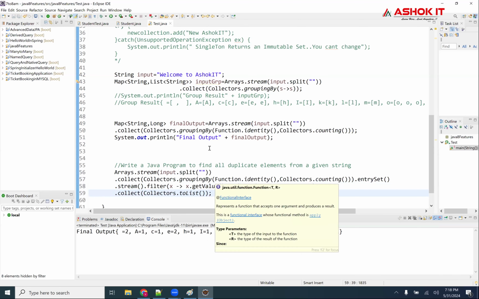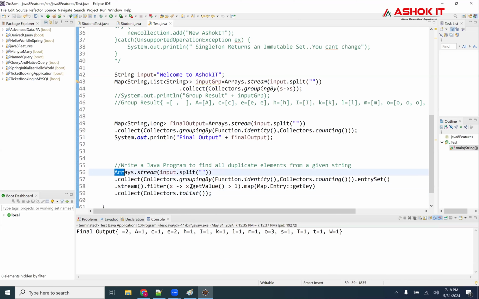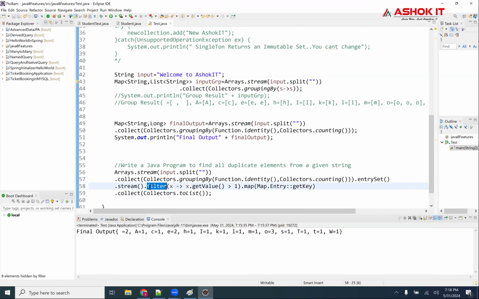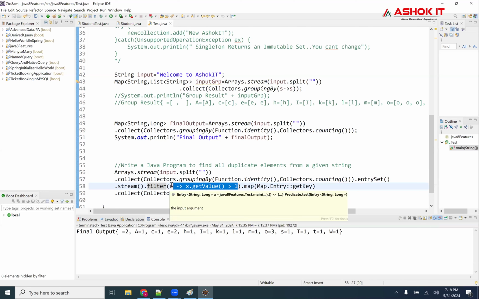Okay. I'm adding the same functionality here. Till here, I know each and every character, how many times it is there. After that, I will convert into a map. I am determining, hey, in that map, which value is greater than 1 that I'm going to take.